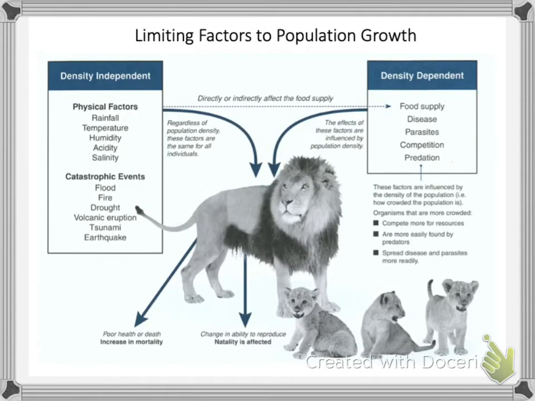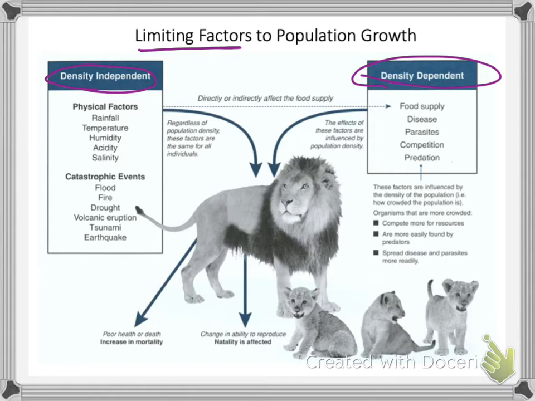Okay, but naturally populations don't have all these complete protections. There are limiting factors to population growth. So let's talk about those quickly. Okay, limiting factors come in two different types. There's density independent and there's density dependent. Density independent limiting factors tend to be physical factors in the environment. Okay, they're things like changes in rainfall, temperature, or even catastrophic weather events like flooding, fire,